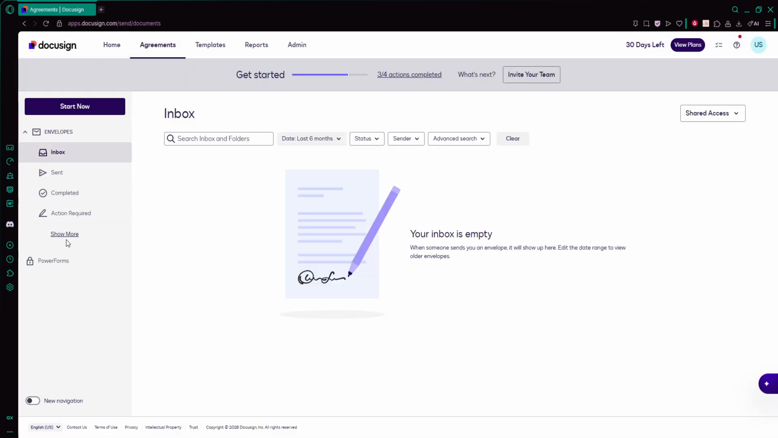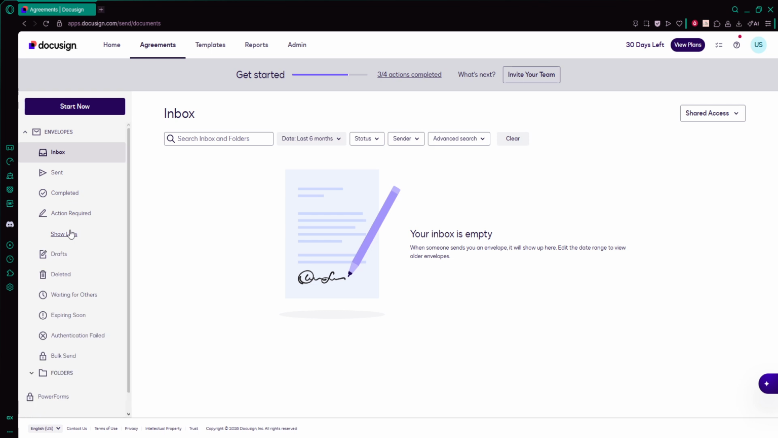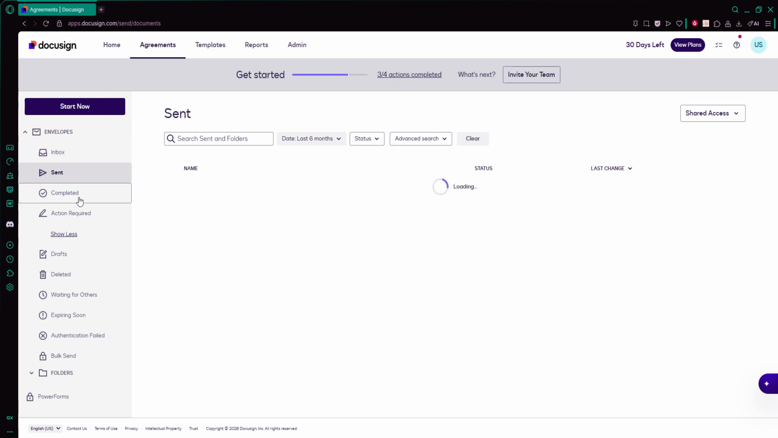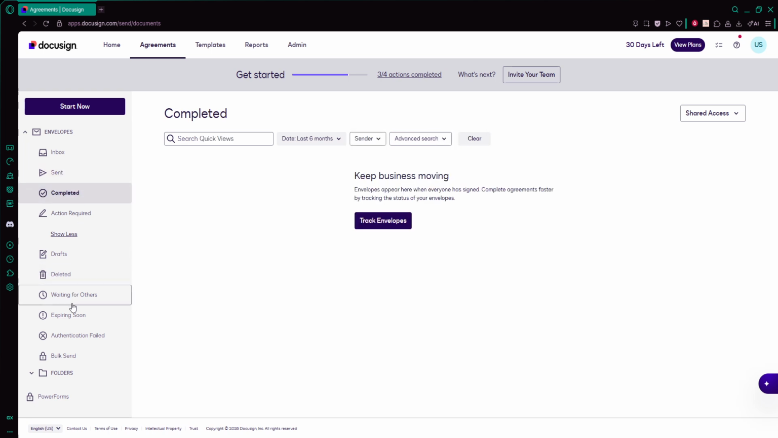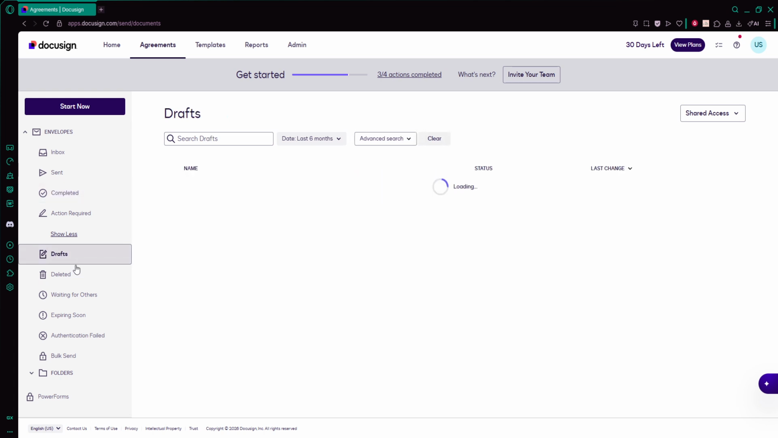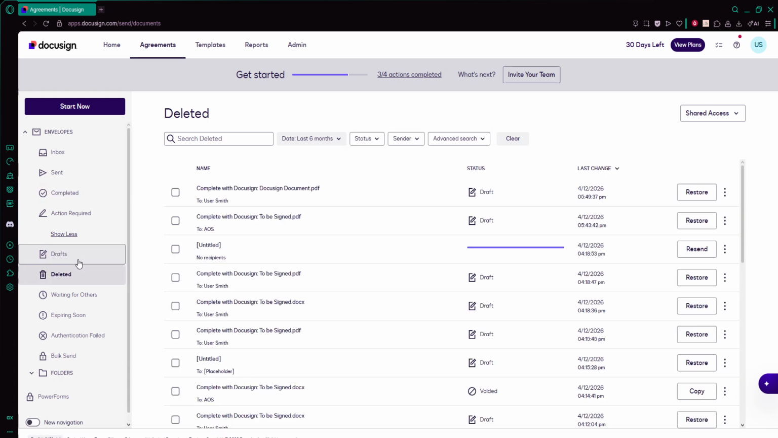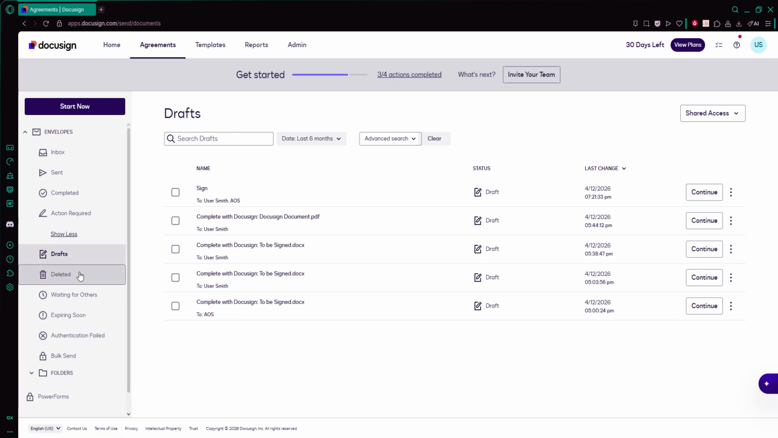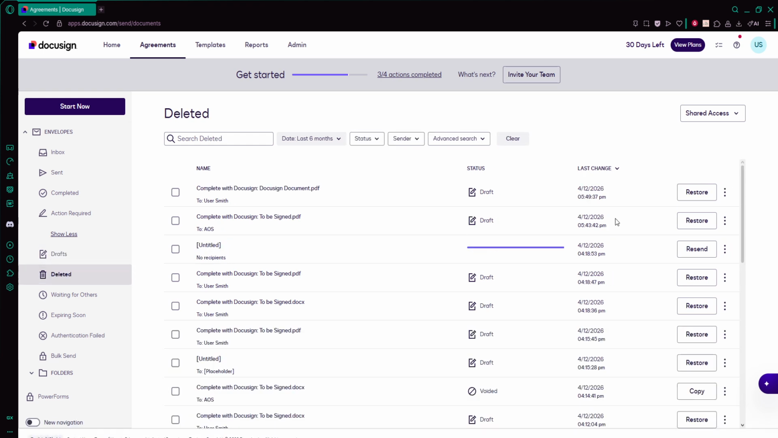Inside the Agreements tab, you'll see a list of envelopes, each representing a document or a set of documents that have been sent out for signature. What you're looking for specifically is a completed envelope. A completed envelope means all required recipients have signed and the signing process has finished. You may see a status column that shows labels like completed, sent, or in progress. Focus on those that are marked as completed,